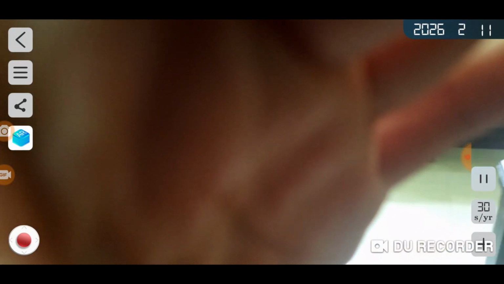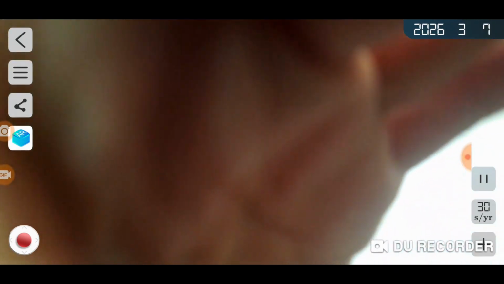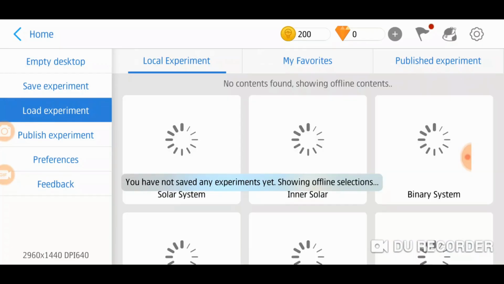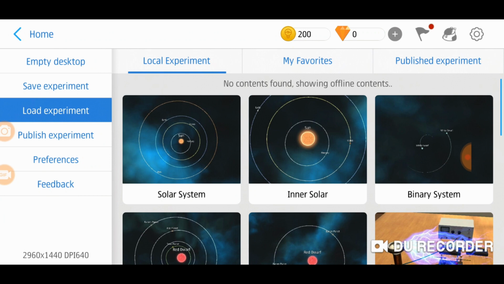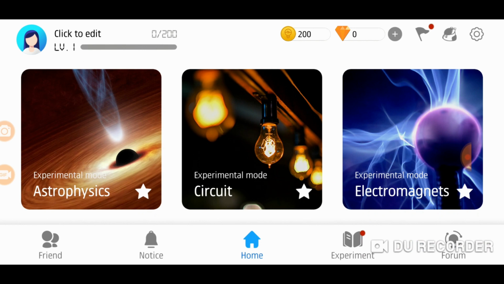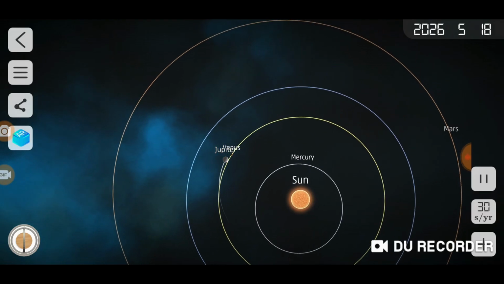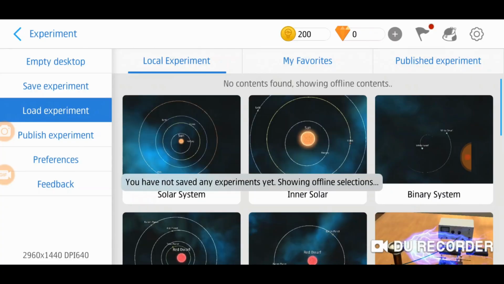Okay, now let's click on the topmost button on the left side to go back to the menu, and then again click on that menu to go back to home. Okay, now we have come to the home. Again click on AstroPhysics. Okay, the three lines,